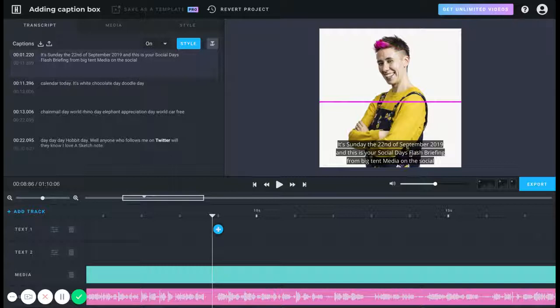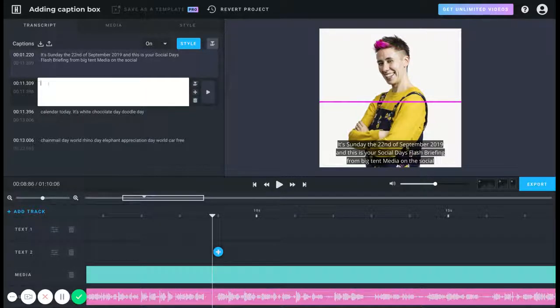So in order to add a new caption box, we need to hover over the caption before where we want to put the new box in, and it brings up these little icons. They're not there unless you actually hover over the box. This one tells you copy to timeline. This is if you want to copy that text down onto one of the text tracks here. This one creates a new block, which is what we're going to do in a second. This one deletes this block here completely, and this allows us just to play the selection as it's shown in that caption. So what we want to do at the moment is to hit this plus and add a block,